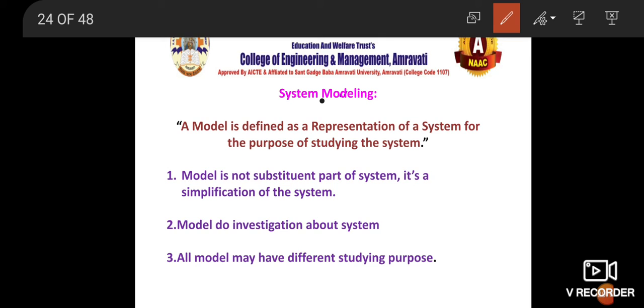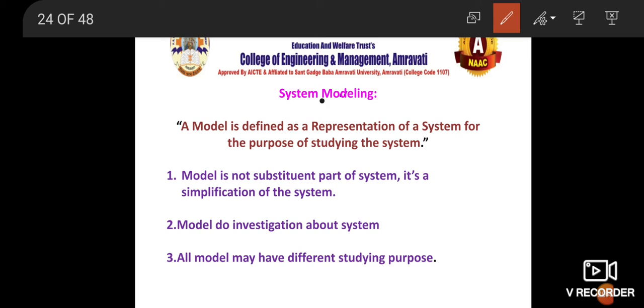We already know that a model is a representation of the system, and why do we need that particular model? We need that model as we have to study the system. And why do you need to study the system? There can be a thousand reasons. You have to improve the system, understand its functioning, see the behavior of the system at particular conditions, know which are the prominent variables, know at what point of time you are going to get a specific outcome, and so many things to get efficiency.)